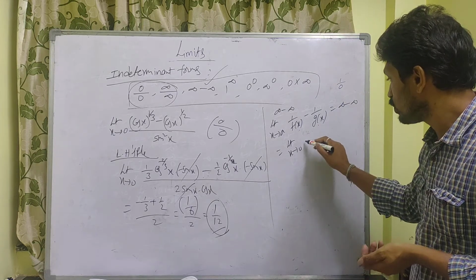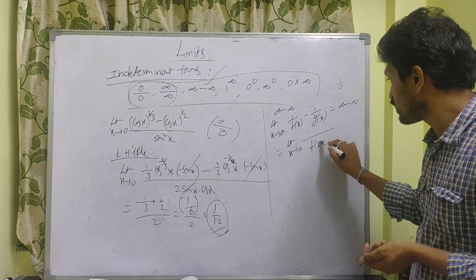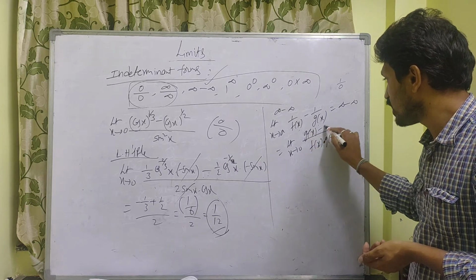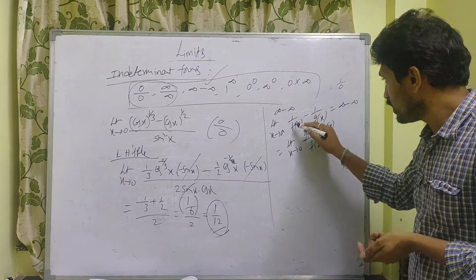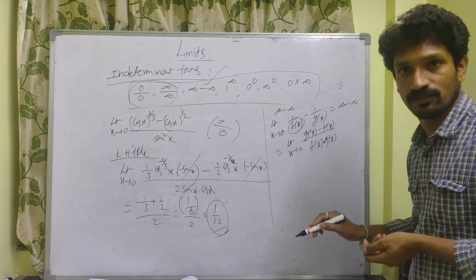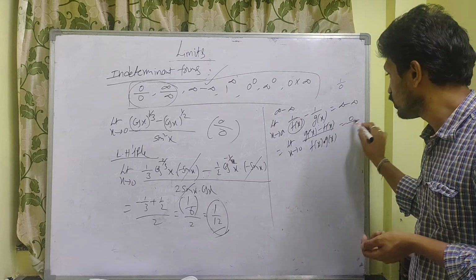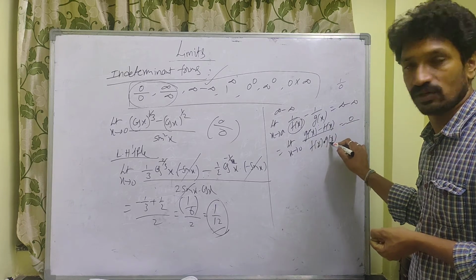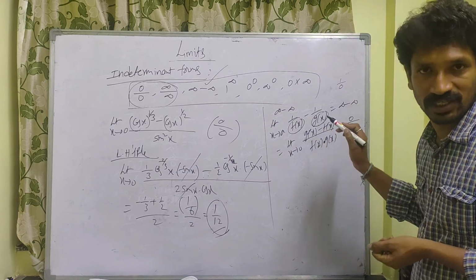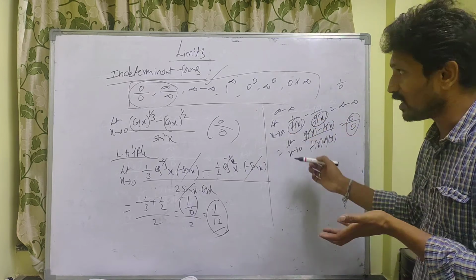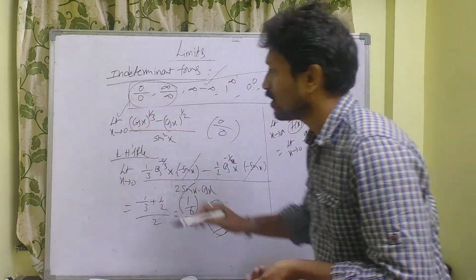So if you go for f of x into g of x, this is the LCM. The numerator is g of x minus f of x. When it is infinite, it is 0 only. So this is 0 minus 0 by f of x 0, g of x 0. Both are zeros only, we get infinite minus infinite, so it is 0 by 0 form. After taking the LCM, again you have to apply L'Hospital rule.